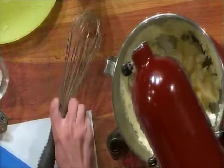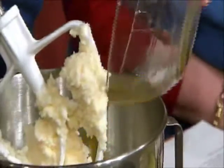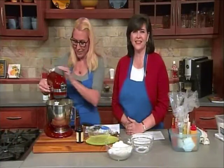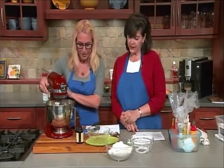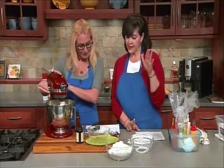Oh, I love that. And you can smell it, I'm sure. We always say we wish you at home could smell this too, but you all know what a heavy scent of vanilla is like, so just imagine it. Okay, so we've got the 2 tablespoons of vanilla bean paste, the 1 teaspoon of almond extract, the 2 eggs,